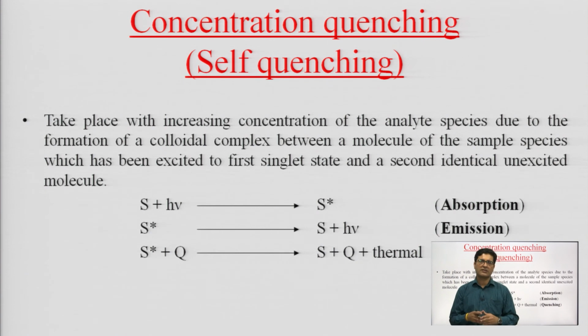Therefore, it is suggested that whenever we are conducting fluorescence determinations, we should always go for dilute or very dilute solutions, so that we can avoid this self quenching. Because in the concentration relationship we have also discussed that fluorescence and concentration are directly proportional to some extent, and beyond that, increasing the concentration, fluorescence intensity generally decreases. The effect may be due to this concentration quenching or self quenching.